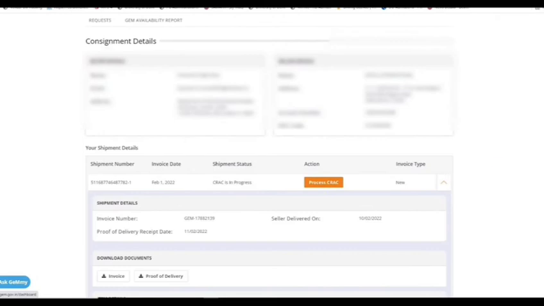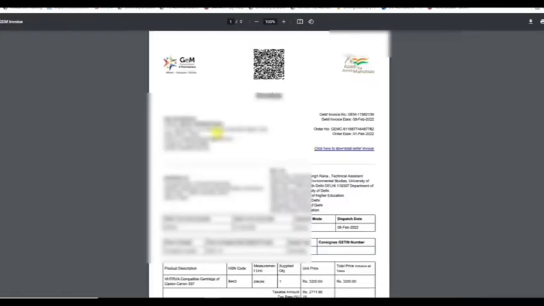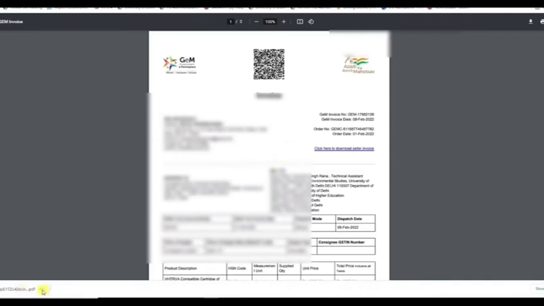After clicking, there is an option to process CRAC, but before processing CRAC we have to generate the invoice. You can click on the invoice option, and it is required to print it out because the invoice is required for the billing process. It is important. In some cases there's a link also available, so you can click and download the invoice of the product.